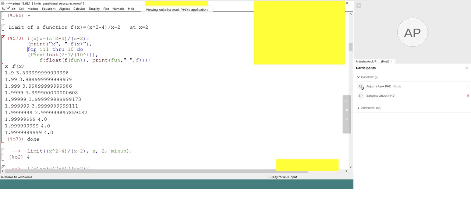Now we are working on the for loop. So what is the for loop doing? For i equal to 1 through 10. Right now, for the first iteration, i is equal to 1. Now what happens? The program will go inside the set of statements. So here you can see that it is